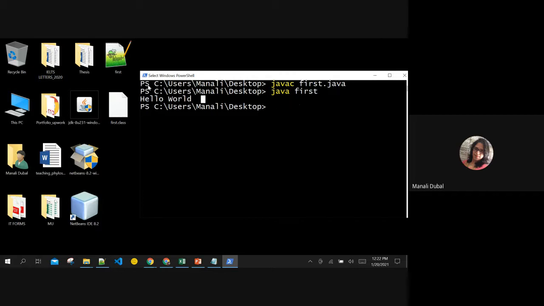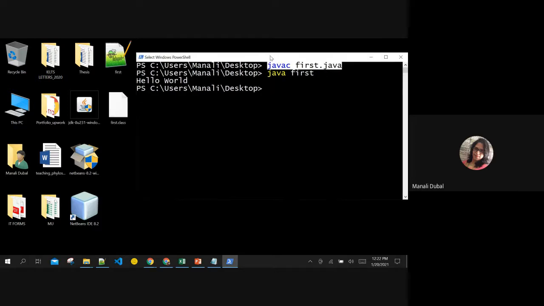The program is mentioned in the PPT. What you need to do is install Java, install NetBeans, set the paths, and copy and paste the first program in a notepad file. Anywhere you want to save it, you can save it. On the desktop, if you save it, it is also fine. Right click it, go to the command prompt, javac, java. You should be able to see this output.